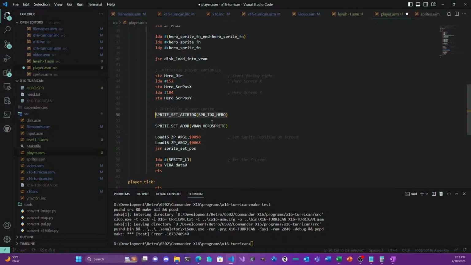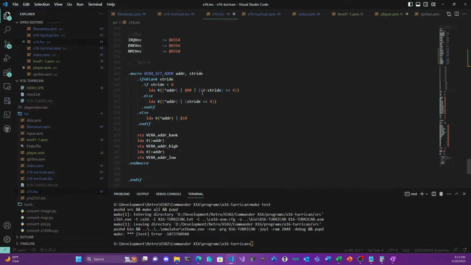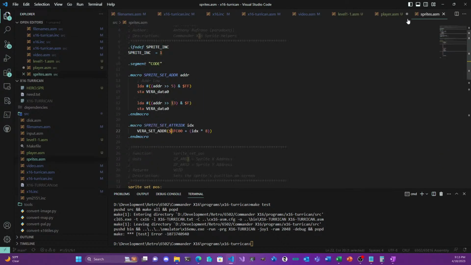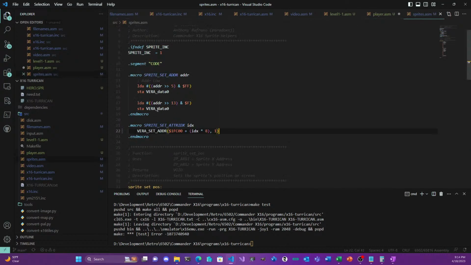So we want to make sure we get this correct. We've got to set the stride to 1 here. So let's do that. Okay. All right, and then over here we're setting the address for the sprite. When we set the address, it's actually incrementing Vera twice, because the first 2 fields in the sprite,